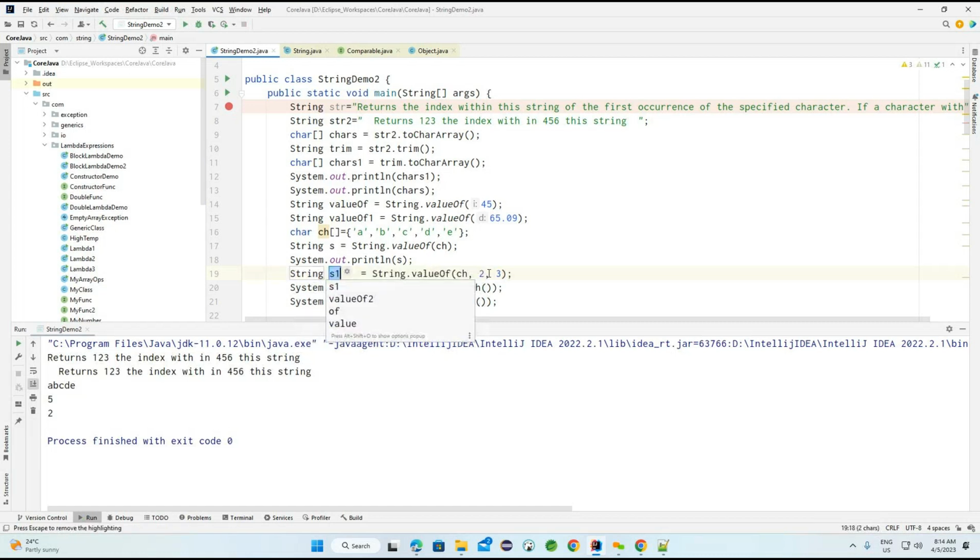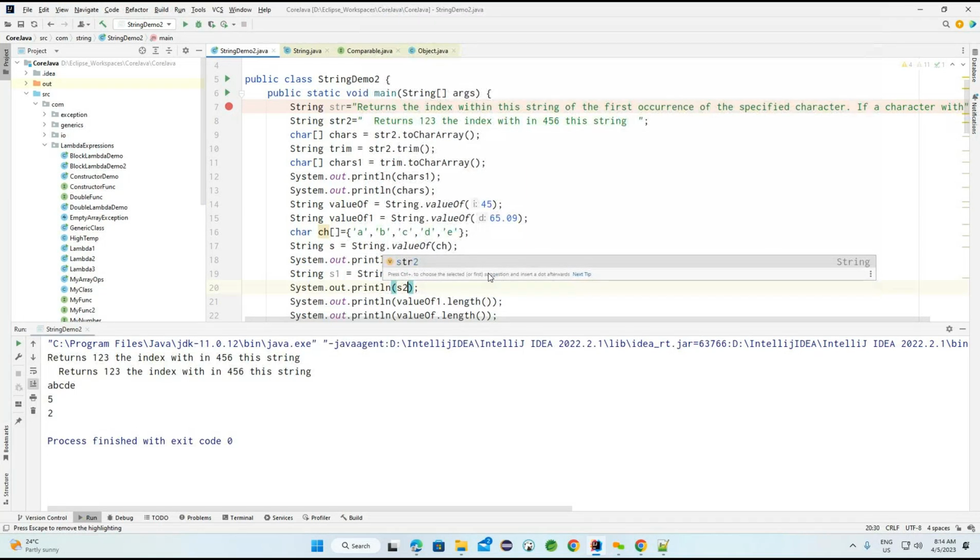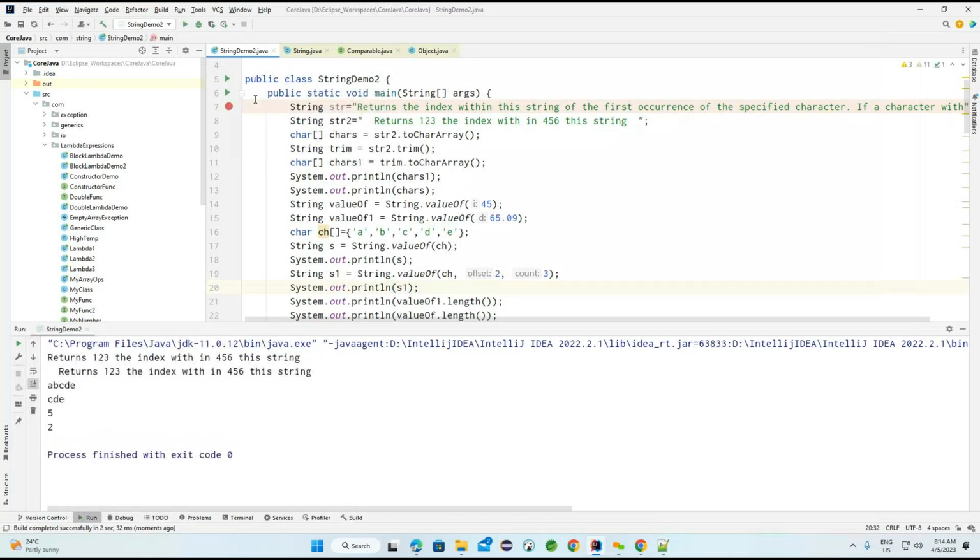Sorry, I did not return this particular value. Now I'm trying to print this S1. What is it returning? CDE. Here I gave an offset of 2, so it started from the second index, and I'm trying to copy 3 elements. Now, for example, if I give 4,